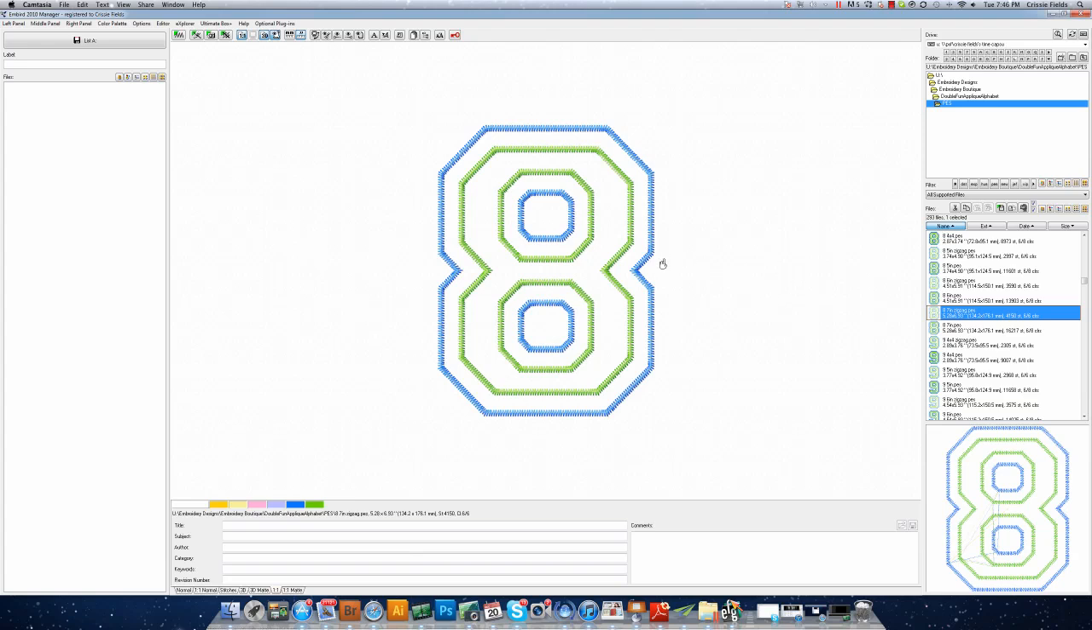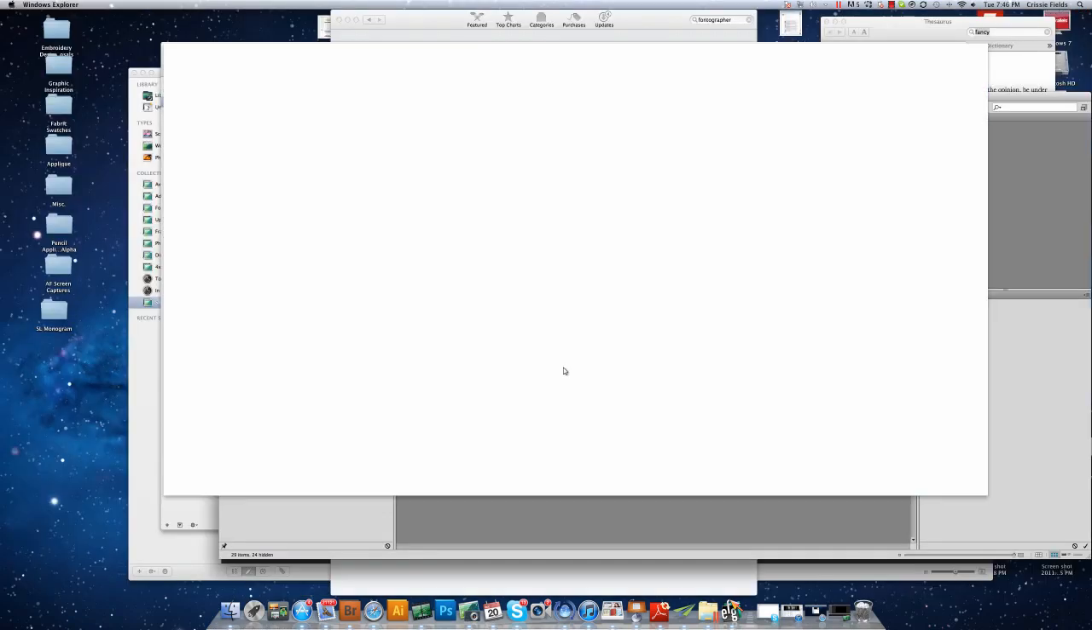You can see here in Ember that I've gone ahead and opened up the number that I intend to use with this, and this design happens to be from my friend Rachel of Embroidery Boutique, and this is her double fun Applique alphabet. I'm going to go ahead and take this into Editor